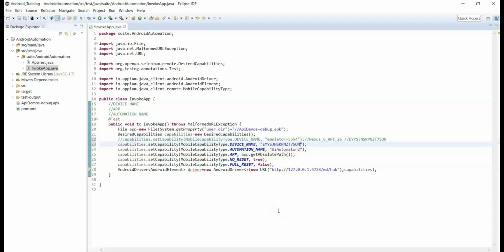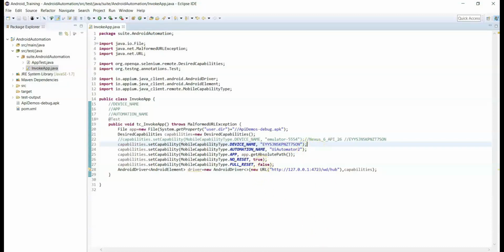That's it. This is the only change required to open the application on a real device. So you simply need to pass the device ID in place of the emulator name. Okay. Now let's run the same script and see whether the app is opened in your real device or not.